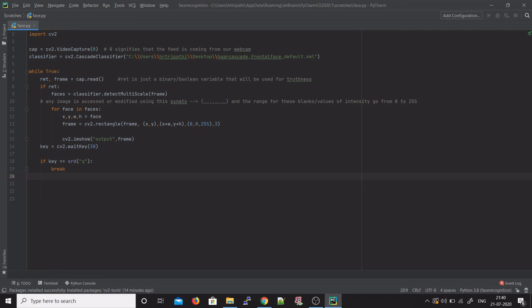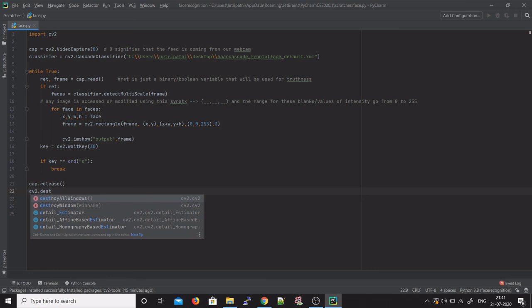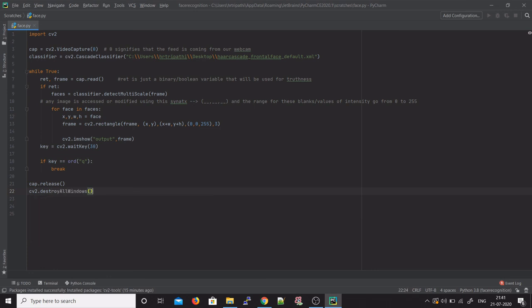ORD is basically the Unicode value of Q, and in layman's terms what this line of code does is that when you press the Q key on your keyboard, it will terminate your program. You have your ASCII values of characters, and ORD corresponds to the Unicode value. And last but not least, you release all your captures, and using cv2 you destroy all windows. Alright, so these are basic syntaxes that are followed.